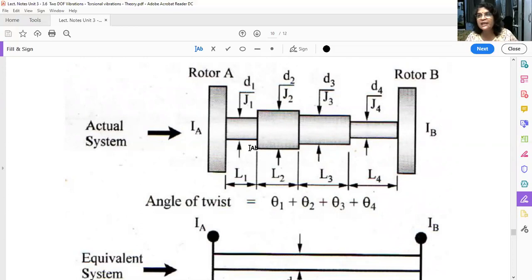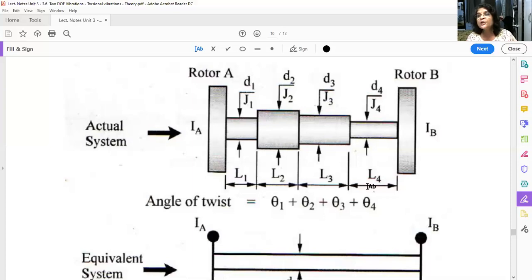See here in this diagram, there are different lengths of the shaft having different diameters. There are 4 steps we have shown. These are lengths L1, L2, L3, L4, and these are diameters D1, D2, D3, D4. This is rotor 1, this is rotor 2. You cannot apply whatever you have learned till now, that is beta 1 upon beta 2 mode shapes, or find out omega n1, omega n2, to these stepped shafts.